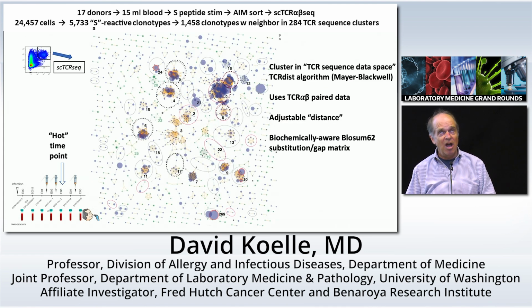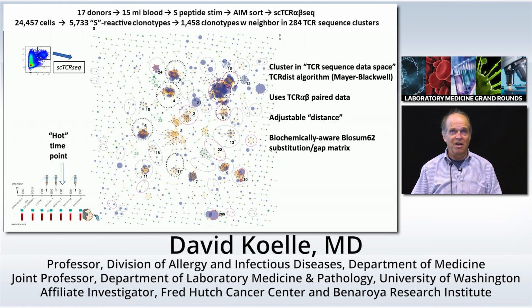somebody whose picture I hope I'm going to show you in a minute. Hope I left it in here. But this is kind of what the structure of that looks like when we perform the sequencing. So 5,700 cells participated in clusters and formed 1,400 clusters. Out of the 24,000 cells fell into 5,700 clonotypes, and 1,400 of those fell into clusters with at least one other T cell receptor, forming finally 284 T cell clusters. And when you make a map of those where the edges or the lines connect clonotypes, every dot is a clonotype,